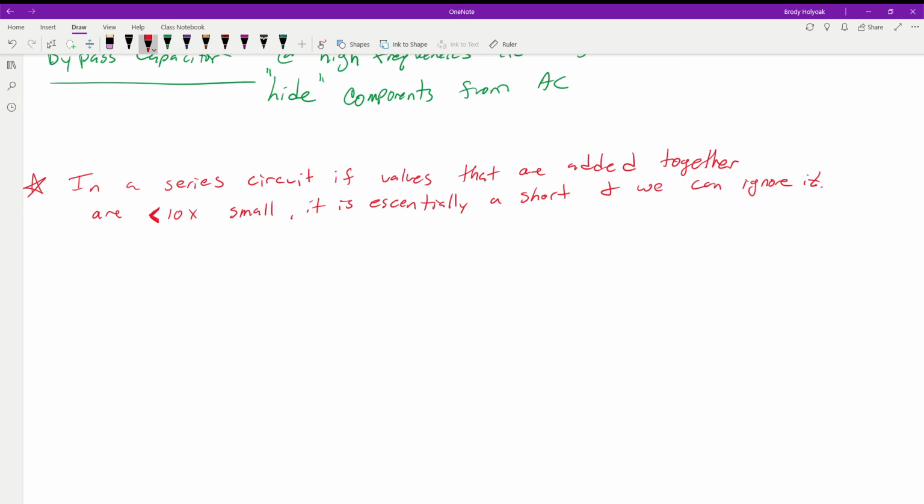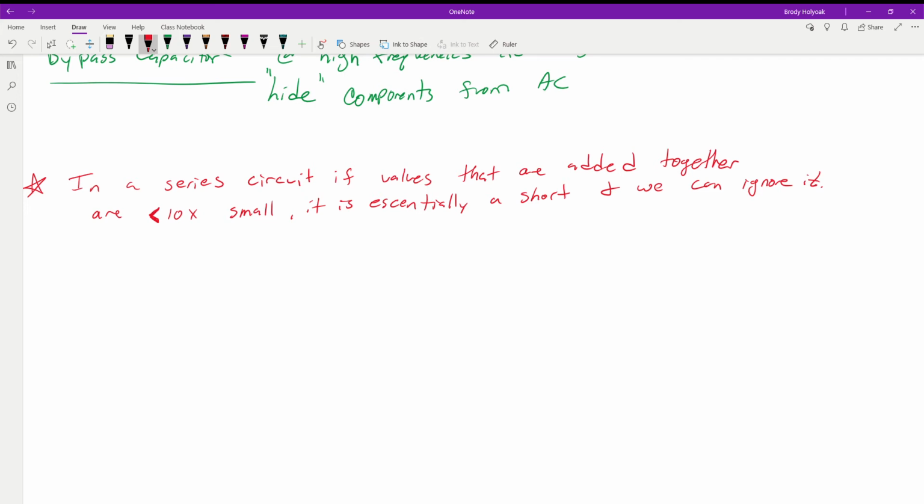That'll come into play more when we're talking about capacitors, because at really low frequencies their reactance is going to be really, really large, and depending on their orientation, if it's a really large value in parallel, we can ignore it, which I'll talk about in a second. At high frequencies, the reactance of a capacitor is very, very small. There could be a time where a capacitor's reactance is less than an ohm and the rest of our circuit is 1,000 ohms, a kilo ohm, or a mega ohm. At that point, we can essentially ignore that 1 ohm because it's not going to change anything, at least with what we can measure.